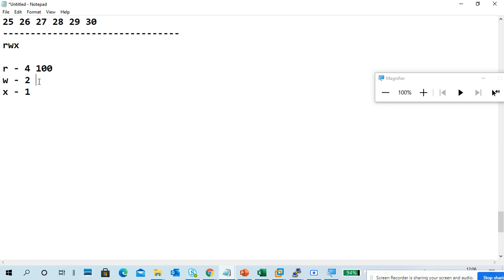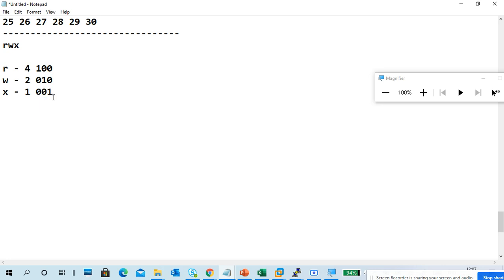W is 010. X, the last, is 001. Okay. So if you convert these numbers into normal decimal format, it is 4, 2, 1.